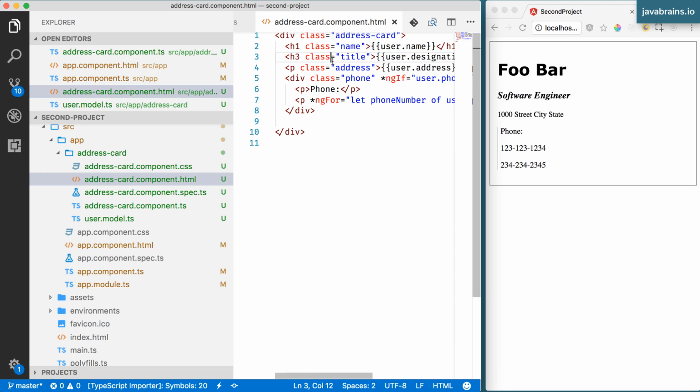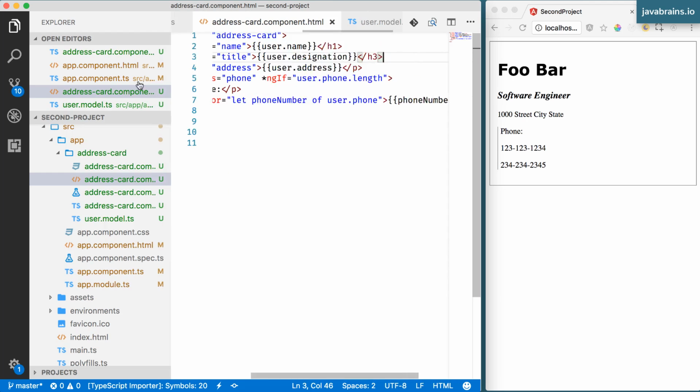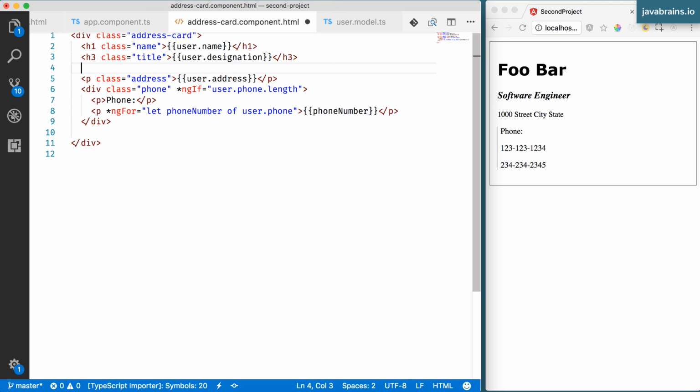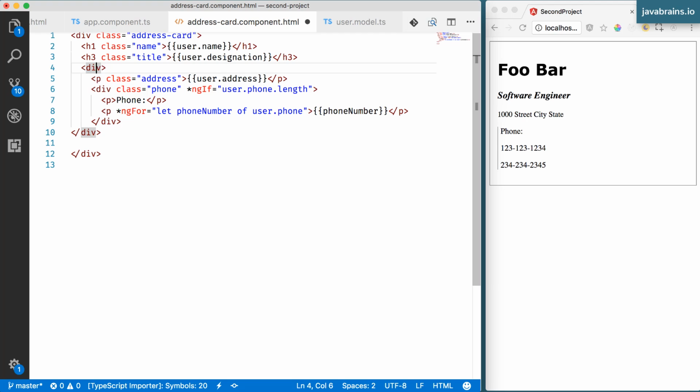I have an isCollapsed here, which is by default true, and in my HTML, the address and the phone together need to be in a div because I need to expand and collapse them together. So I'm going to put this inside one div. Indent them, and then let me make sure I don't break any styling with the div. Yeah, it still works the same. And now I'm going to hide this by default with the *ngIf